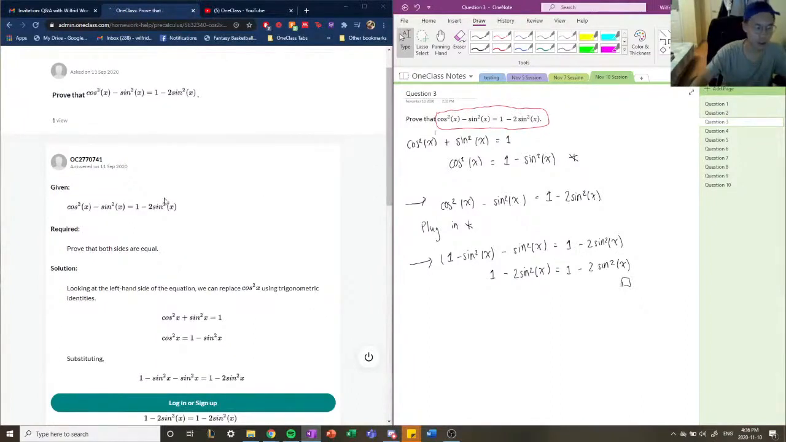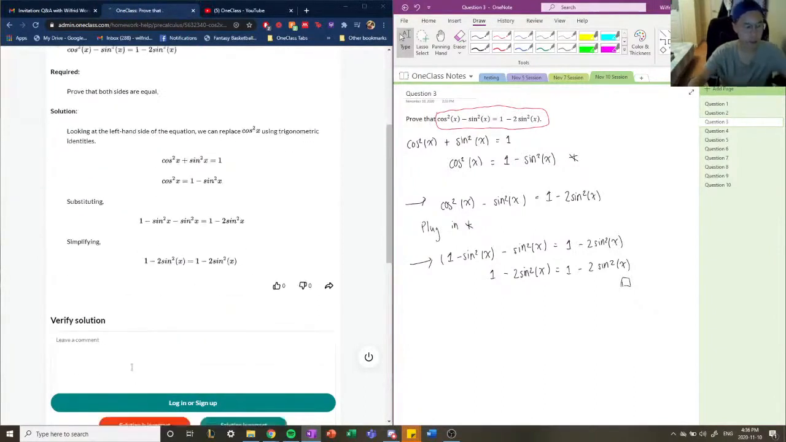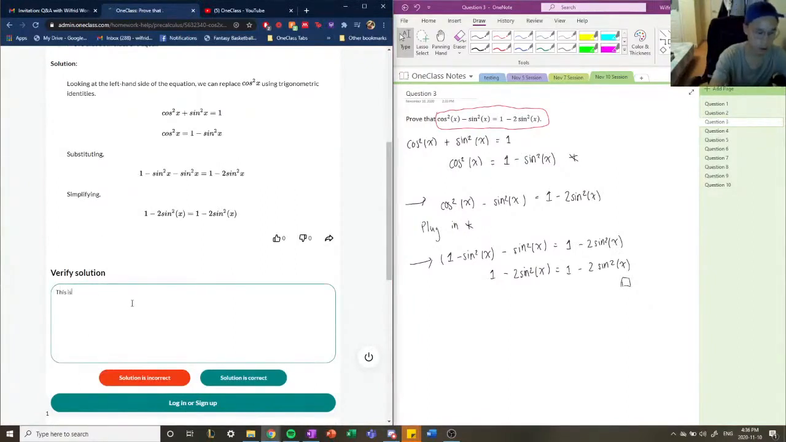So the junior tutor has the same solution as I did. They posted the first trig identity, cosine squared x plus sine squared x equals 1. They isolated for cosine squared x, and then they plugged it in to prove this statement. So this is the correct